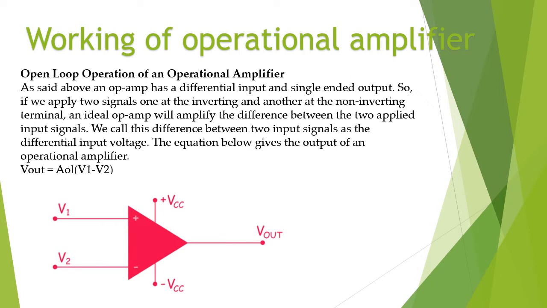We call this difference between the two input signals the differential input voltage. The equation below gives the output of an operational amplifier: Vout = AOL (V1 - V2) is the equation for the open loop operation of an operational amplifier,